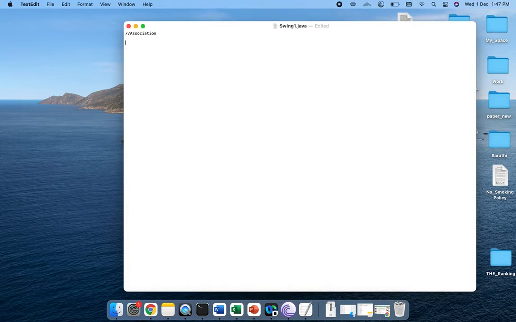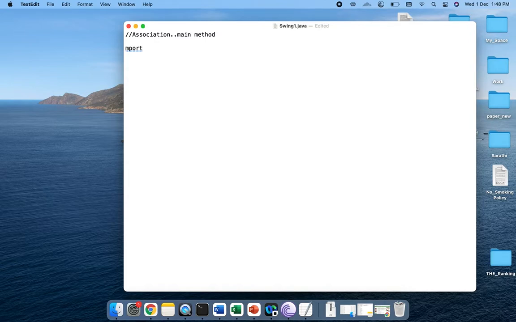the code can be written inside the main method as well as the constructor. So we will look into this program where we are using association along with the main method codes. Okay, so let me just increase the font. Okay, so here what we are trying to do is, first of all, we will try to create a frame, and there within that frame we will create a small button. So like already discussed, we have to